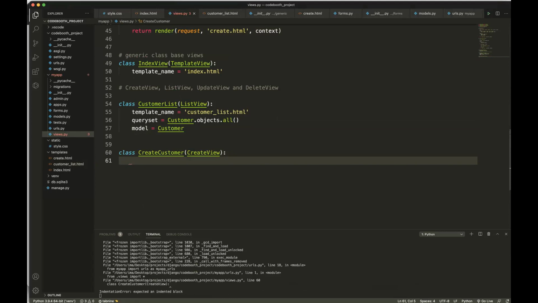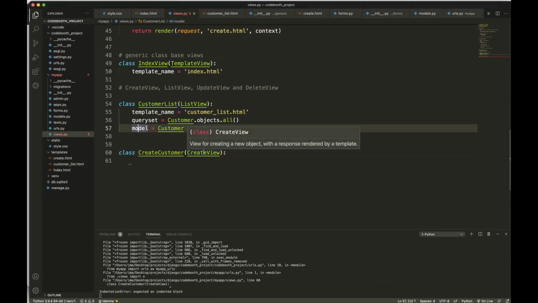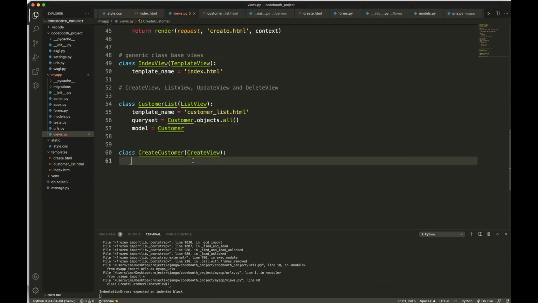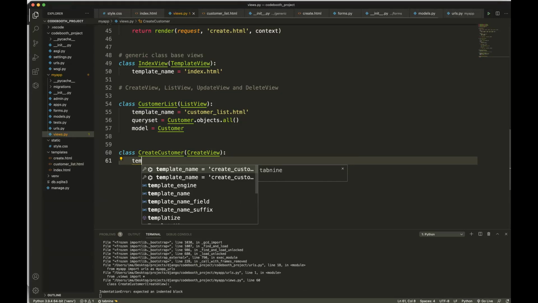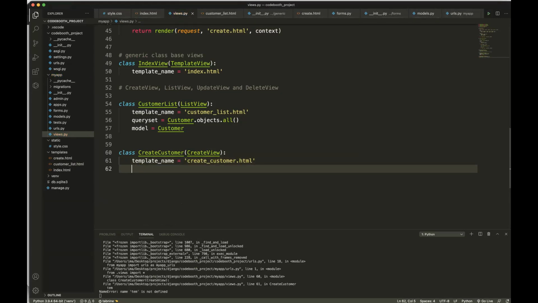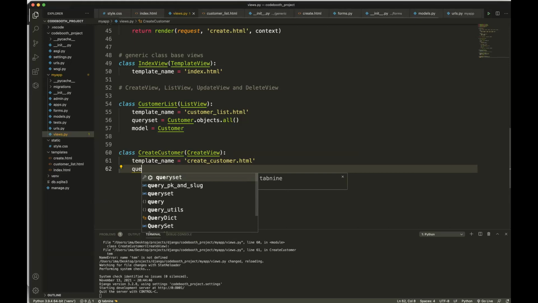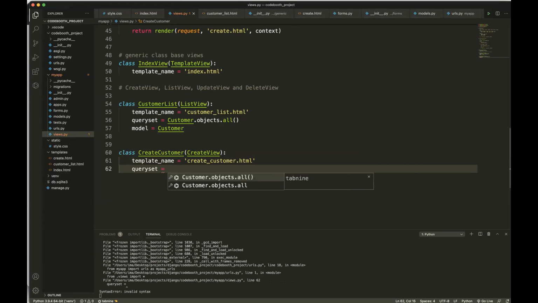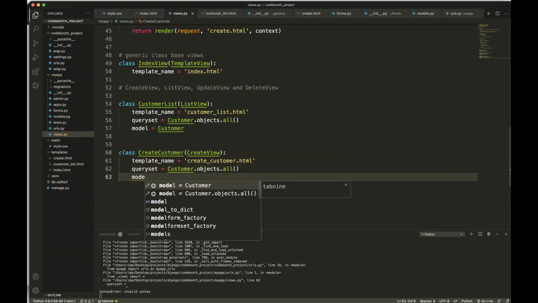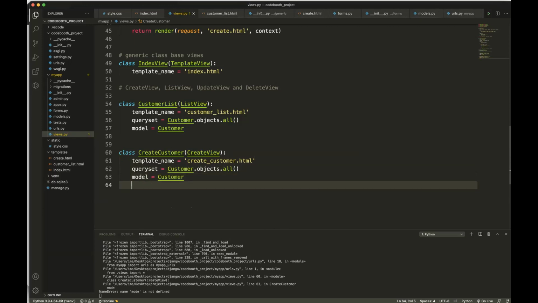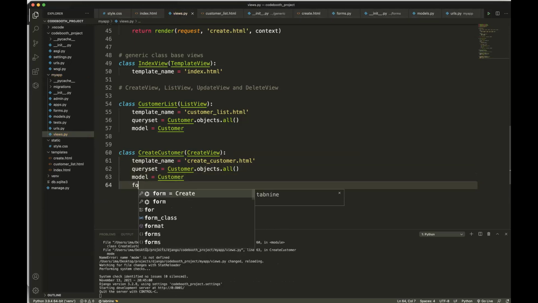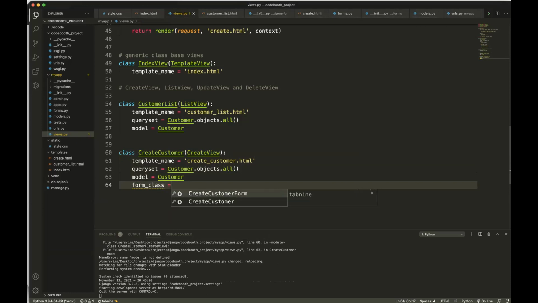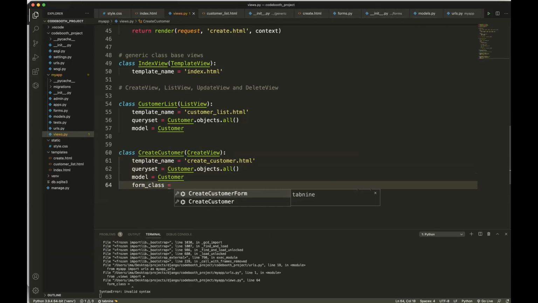The way the list view is particular about template name, query set, and the model, create view is also particular about template name, query set, although I don't know why it wants to use query sets, model, and also most importantly, the form class, because